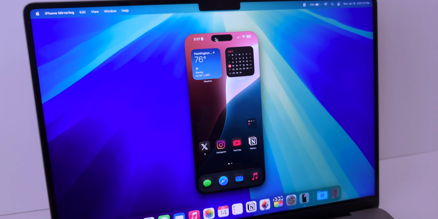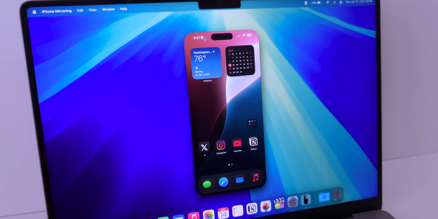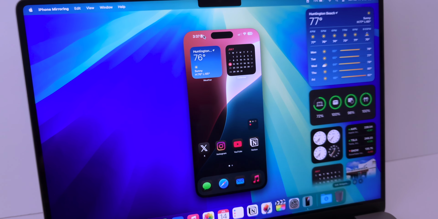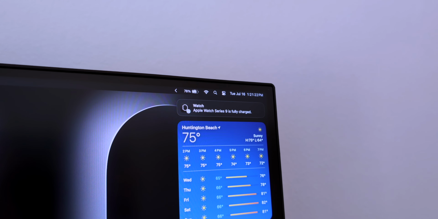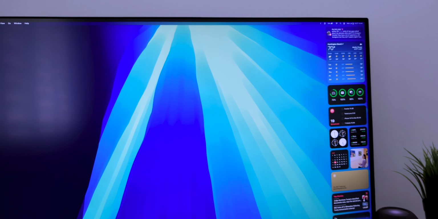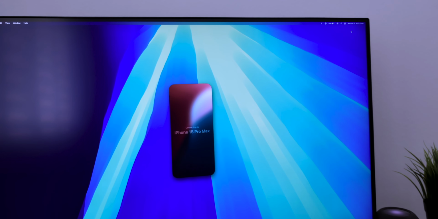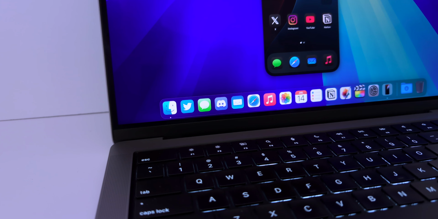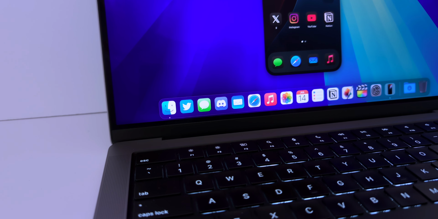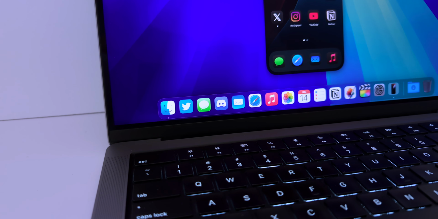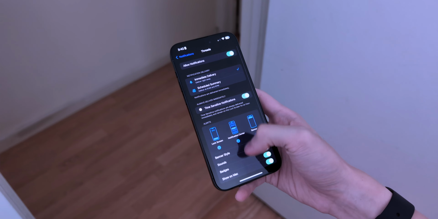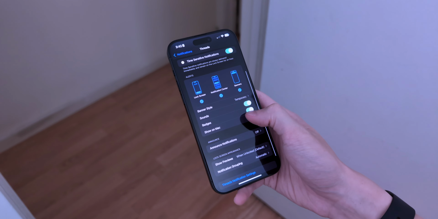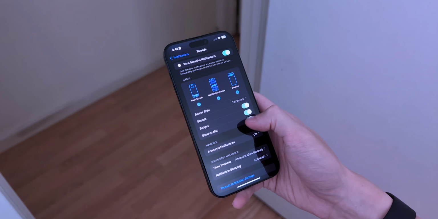There's no control center or notification center, but your iPhone notifications will appear alongside your Mac's notifications. So when it's almost time for bed, you'll get a wind down notification. Or when your Apple Watch is fully charged, you'll be notified. But what's great is if you get a notification from a third-party app like Instagram, clicking on it will take you straight to the app. And if you have a Mac version of the app installed, iPhone mirroring is smart enough to not show you those iPhone notifications. And under the iPhone settings, you can refine each app by toggling Show on Mac.